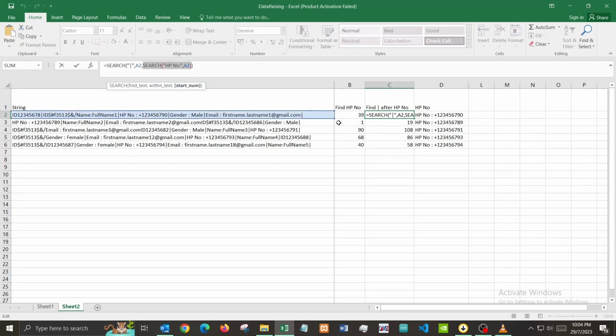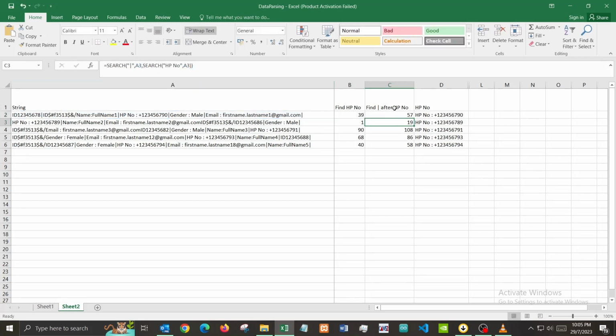This will basically tell start after 39 or start after 1, 90, and etc. So after that, the first pipe that is found will be the start number, right? And that would give us 59, 19, etc. As you can see, there's always an 18 character difference between these two. So sometimes it might not be the same, it's different,